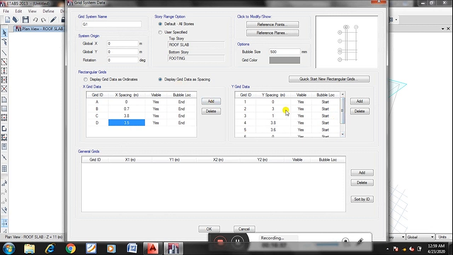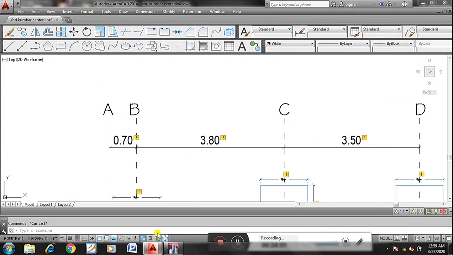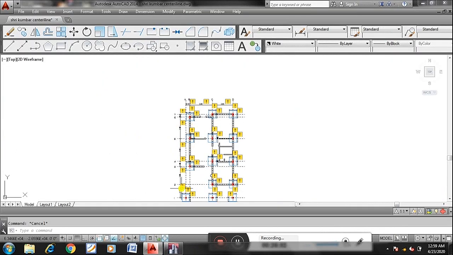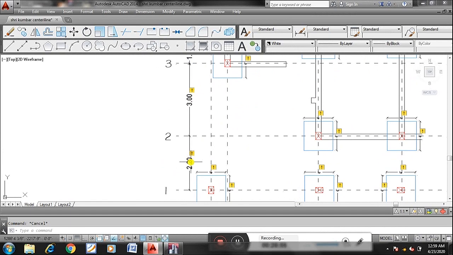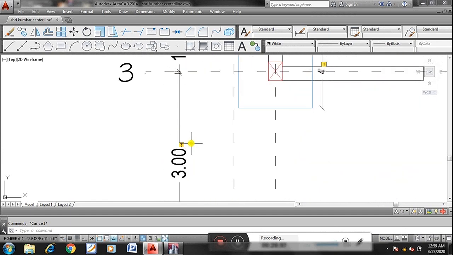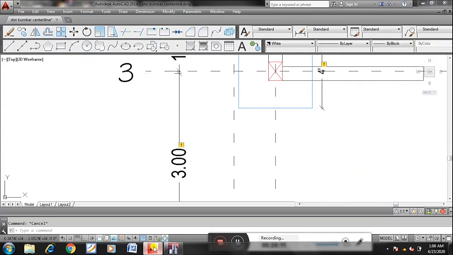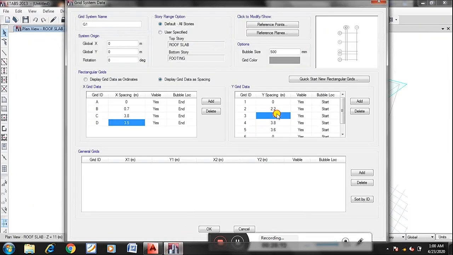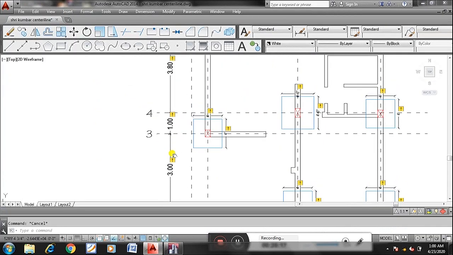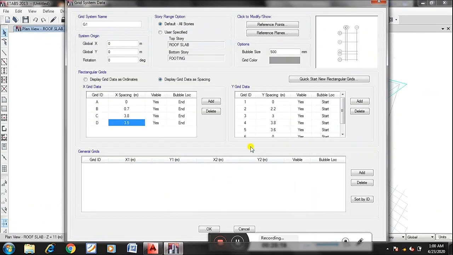Here the first one is 2.2. Next is 3 meter, so I'm taking 3 meter. Next is 1 meter, 3.8, 1 meter, 3.8 meter.